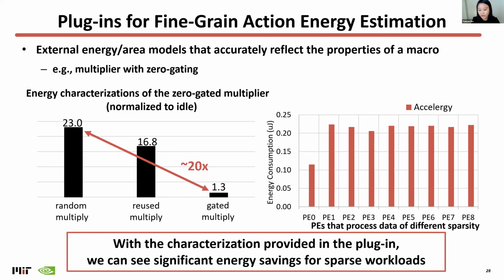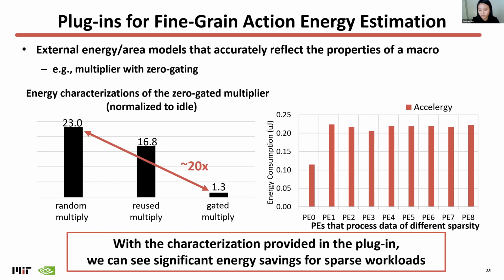As you can see in this graph, the x-axis are showing various PEs in an architecture, and each PE is processing data of different sparsity. And inside each PE, we have this zero gating optimization applied to the multiplier. And on the y-axis, we're showing the total energy consumption of each PE. Since each PE is processing data of different sparsity, the zero gating optimization brings different amount of savings in terms of the multiplier energy consumption. So with the awareness of the various action types, Accelergy is able to capture these differences across the PEs, which